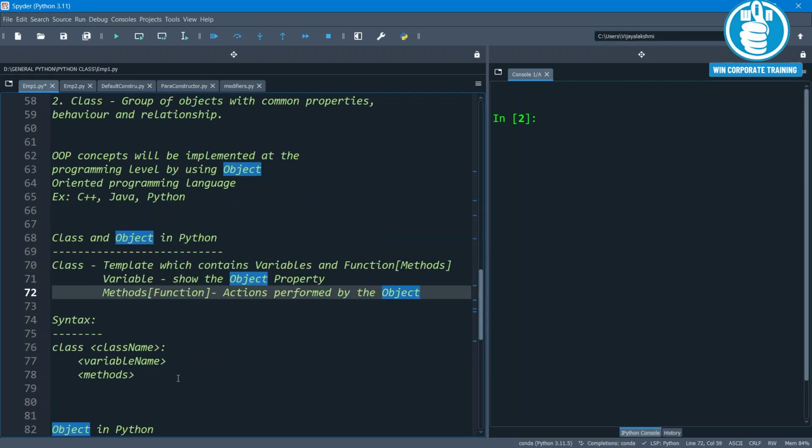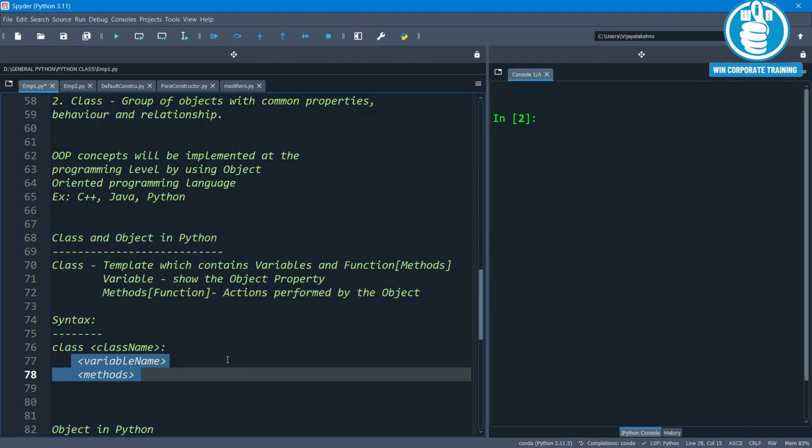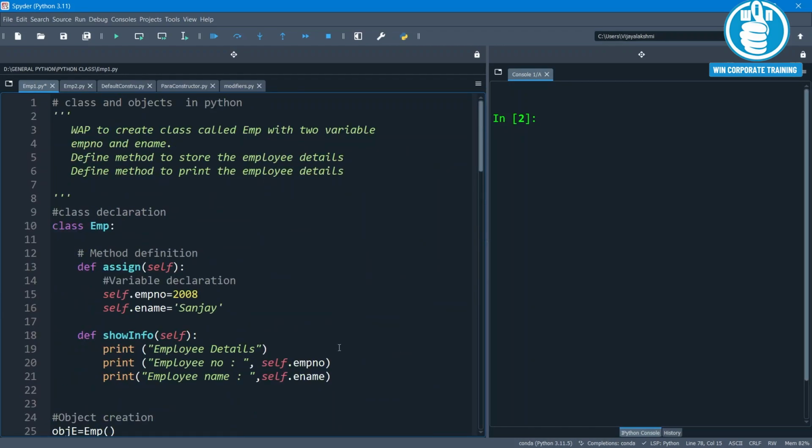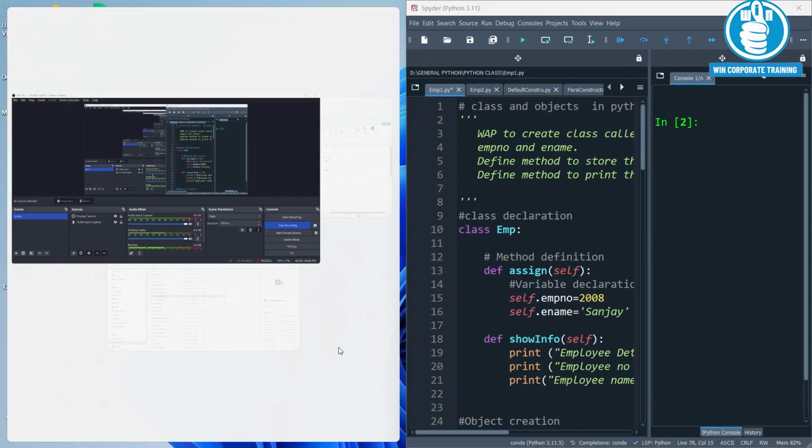Syntax of the class: class is a keyword followed by the class name, and whatever variables and methods you want to define will be defined inside the class. Now, let us see the first example for the classes and objects in Python.